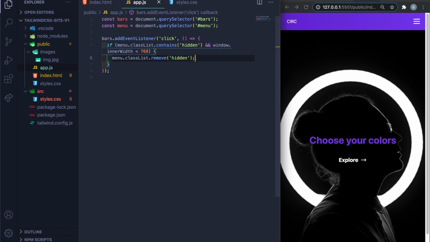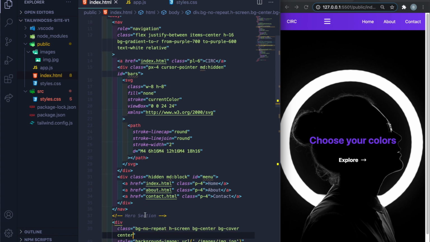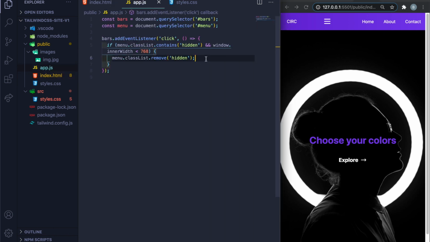I'll save it now, and if this worked, we click it, and now you can see that it displays this block. What happened is it's essentially hidden and only displays block on tablet or bigger size screens. So when I clicked it, it removed the hidden class, so now it's essentially display block. Now the issue is it's not looking like the mobile menu. So what we need to do is say